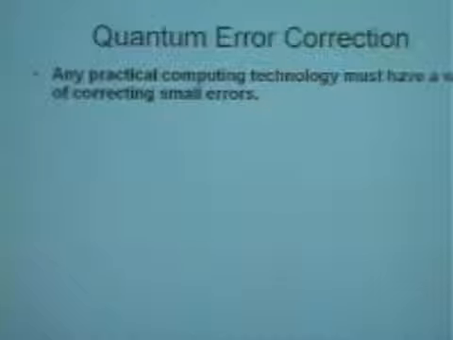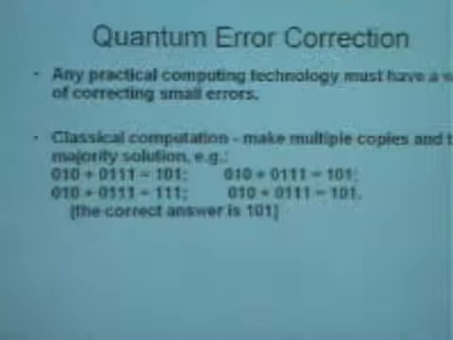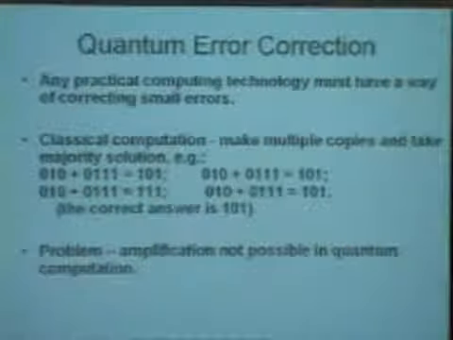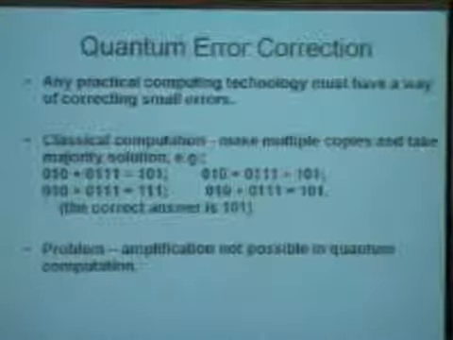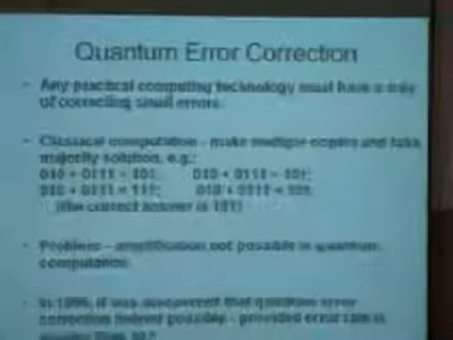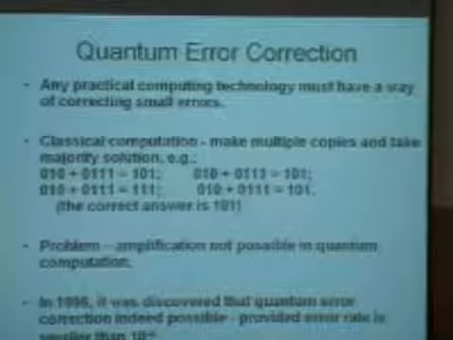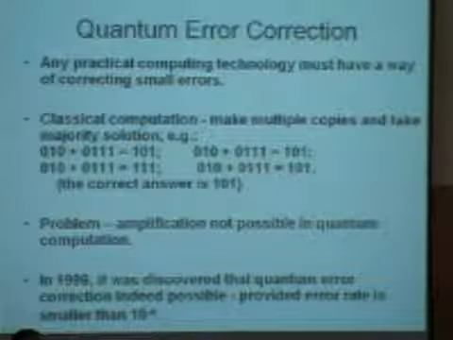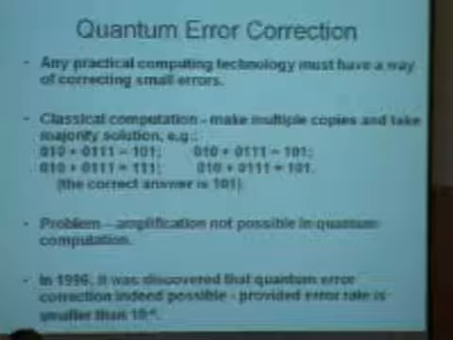And the reason error correction is so difficult is that we can't measure the quantum system without affecting the computation. Classically, you can measure it and then at each step correct the errors and then go on. Over here, you have to do things differently. But Peter Shor and others realized that there were ways of correcting errors quantum mechanically too. But the challenge is that you need the error rate to be very small, of the order of 10 to the power of -4. D-Wave Systems has some intriguing ideas which I'll briefly mention.